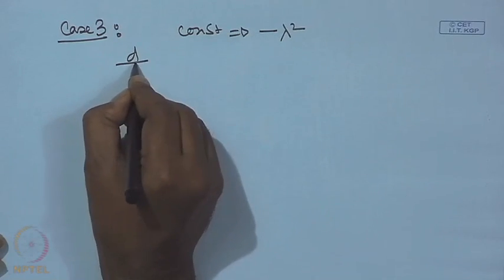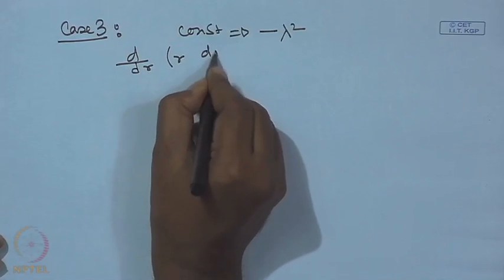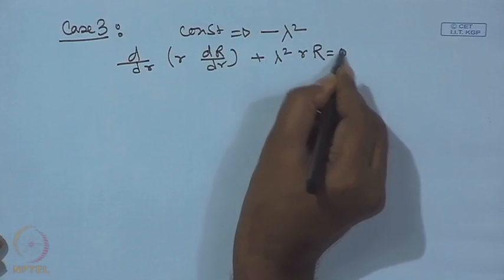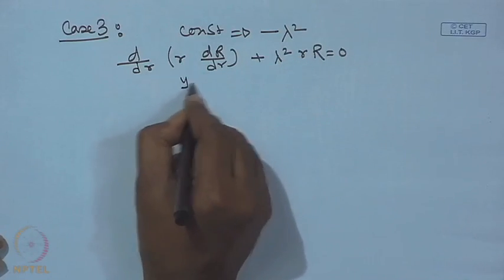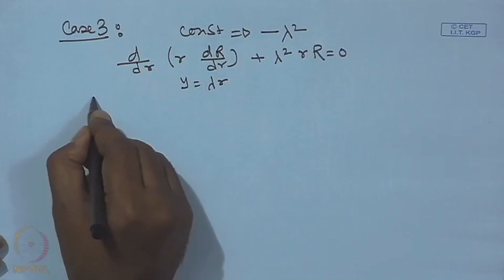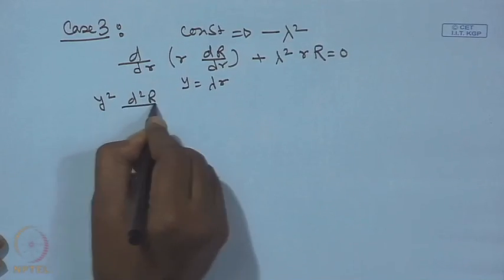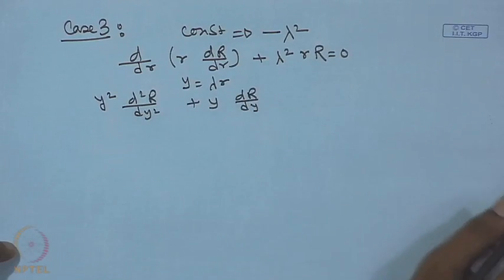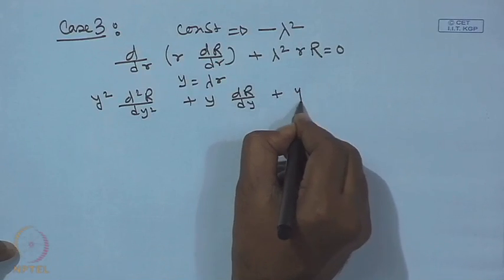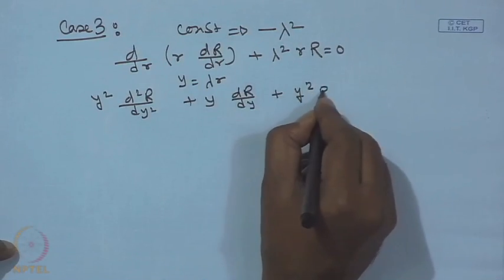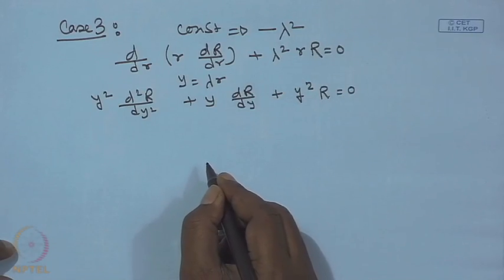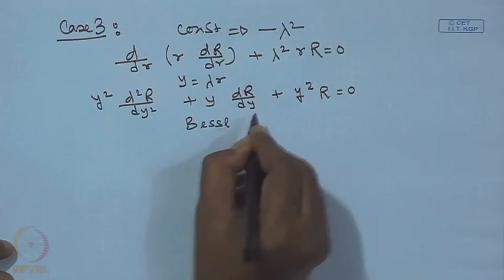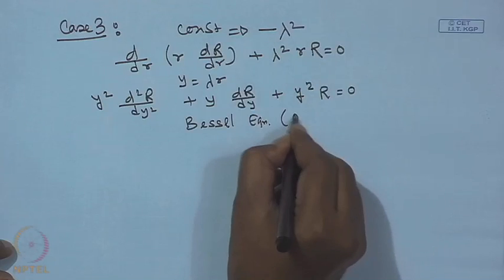So, if you look into the solution of the equation, d squared R by dr squared plus (1/r) dR/dr plus lambda squared R is equal to 0. So, again we put y is equal to lambda r. So, it becomes y squared d squared R by dy squared plus y dR/dy plus y squared R. So, the form of the equation is the Bessel equation of 0th order,